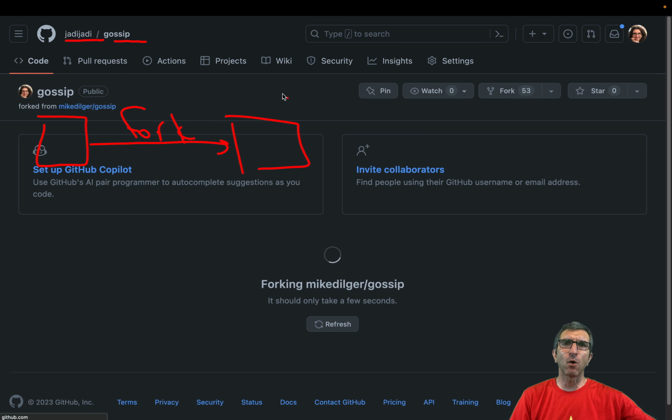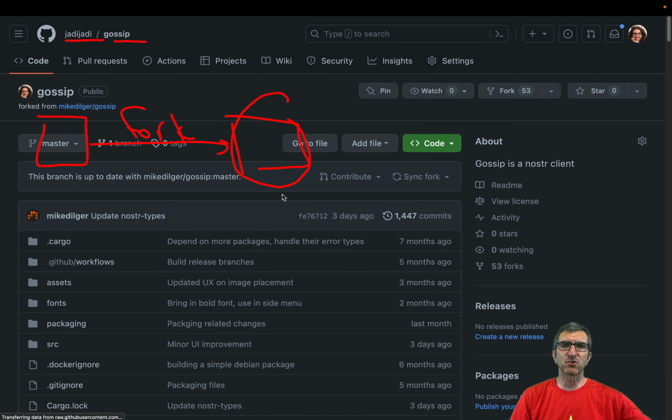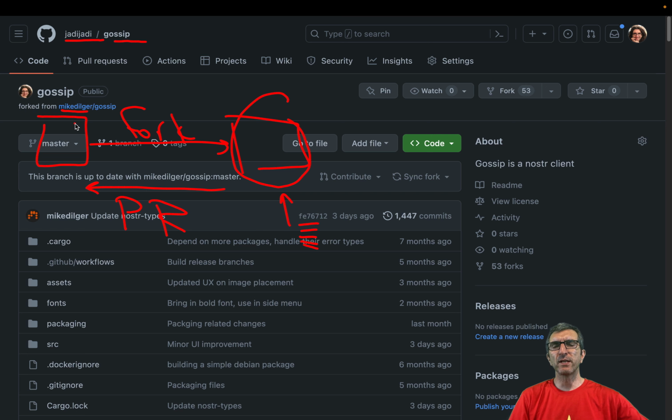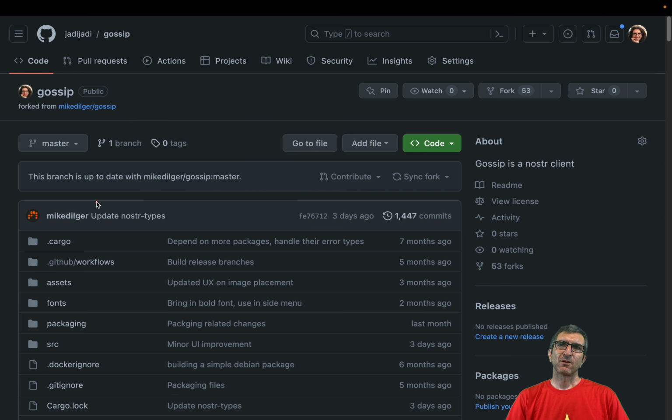Now it's in my own space. I can create branches here, add features, and then send a pull request. Please pull from me. And if Mike likes my changes, he will pull my requests. Then he will have my changes merged in the main project. So the first step is forking.